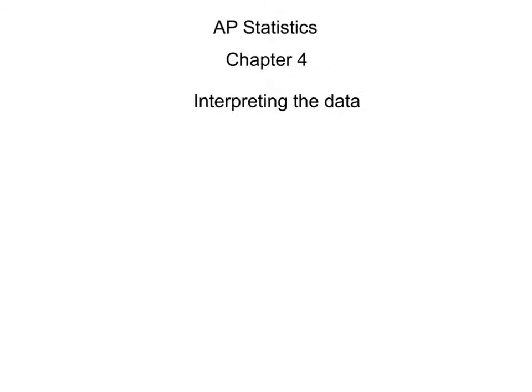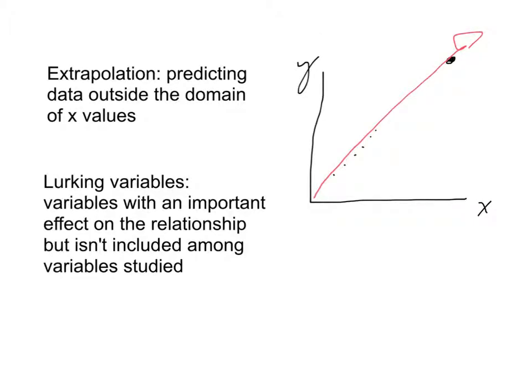This is AP Statistics Chapter 4, and in this video we're going to really discuss how to interpret data because anyone can compute the numbers, but a lot of statistics is understanding and telling what these numbers mean. And so there's two terms that deal with bias and problems with data, and one is extrapolation,